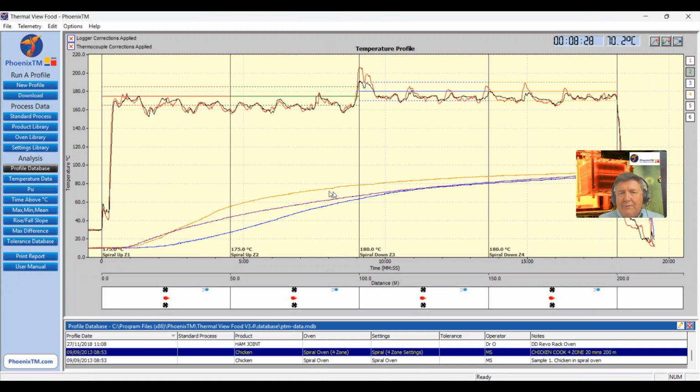The graph will obviously show us the rise of temperature inside the chicken portion, but the question is, how do we calculate the pasteurization values for these 3 respective samples? If I want to set the pasteurization values up, I would first go to the product library file,